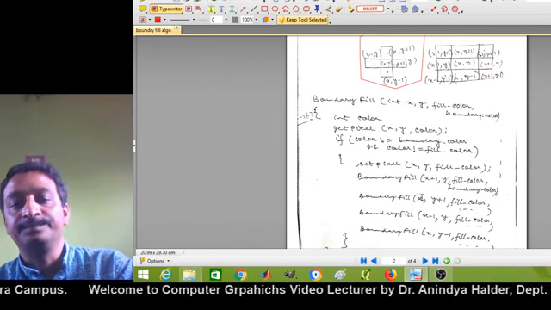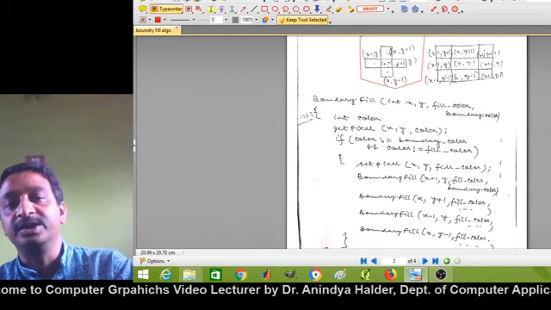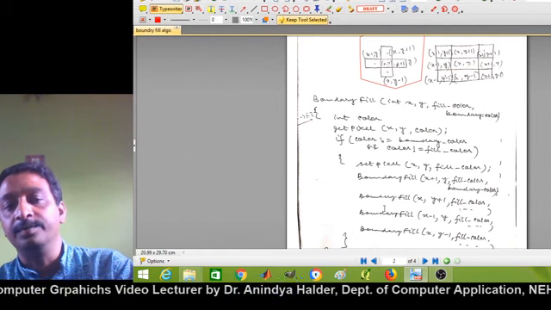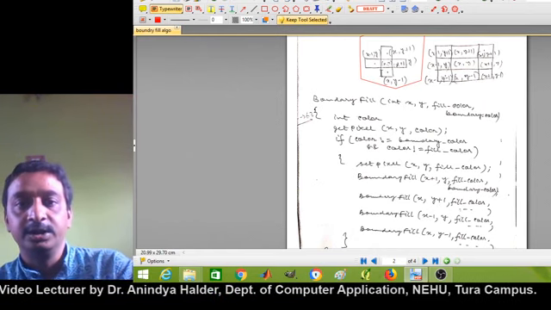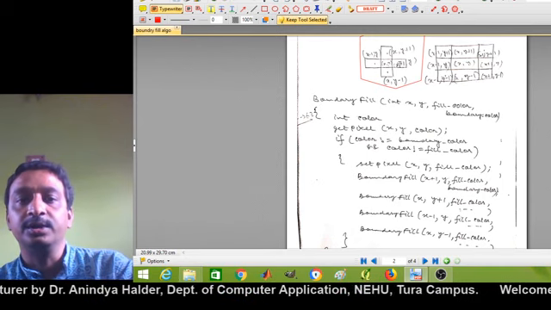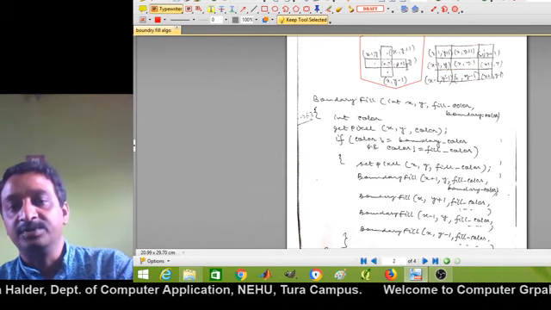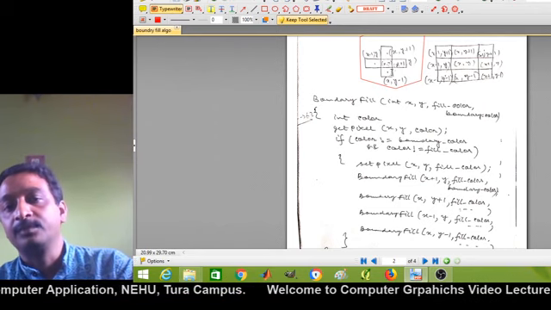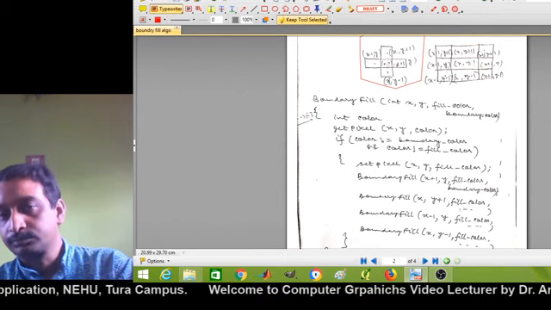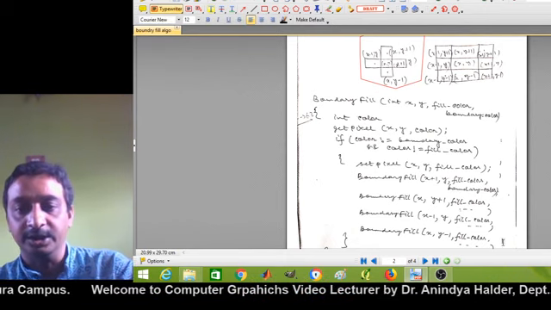Then it calls the top pixel, with the same algorithm again, x, y plus 1, fill color, boundary color. Then it calls the same algorithm with the right side pixel, x plus 1, y, fill color, boundary color, and with the bottom pixel, x, y minus 1, fill color and boundary color.